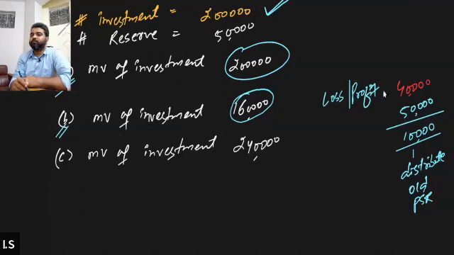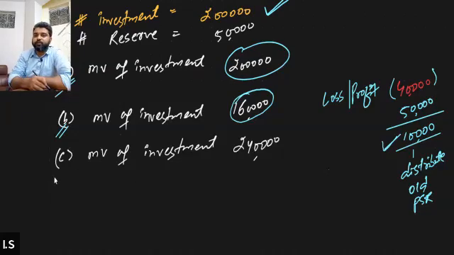No. See, we have made a reserve to compensate the losses arising in the value of the investment. There is a loss of 40,000 only, but we have made a reserve of 50,000. So that means we have made an extra reserve of 10,000. What I'm asking is what are we going to do with the remaining 10,000 that is not adjusted toward the losses of the investment? The remaining 10,000 can be distributed among the partners in the old profit sharing ratio, yes or no? Yes, sir, it can be distributed.